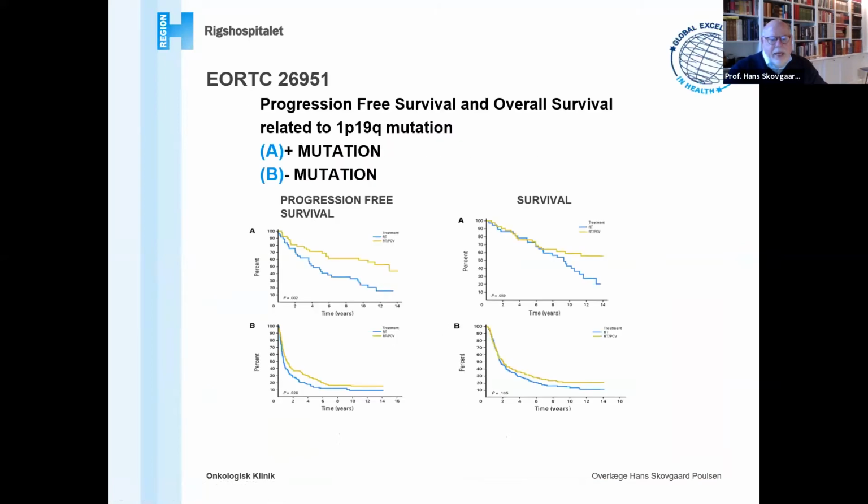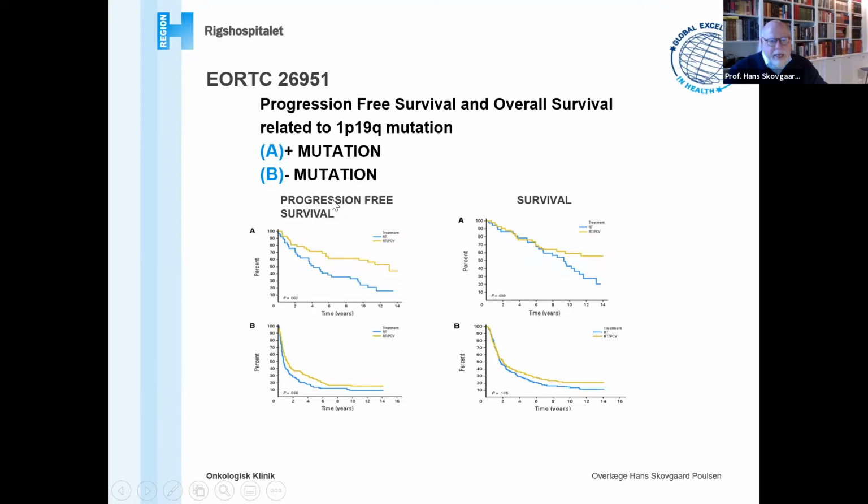And if you're looking at, I apologize it's a little bit small to look at, but if you look at patients with mutations and patients without mutation in the 1p19q area, if you're looking at survival, this is the European study. After 7 years, the curve divides, and if you give them radiation plus PCV, there is a tremendous difference in